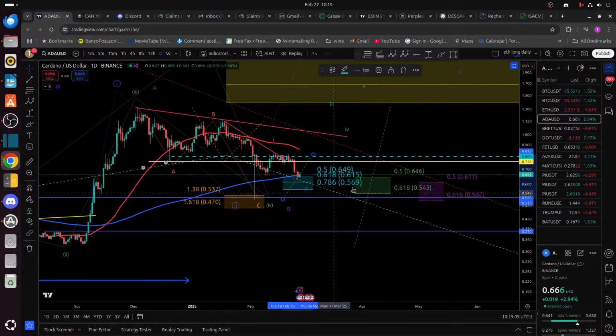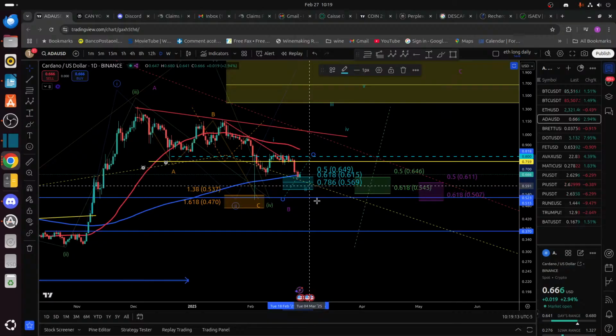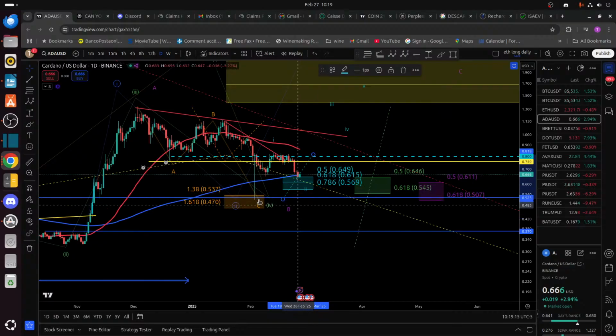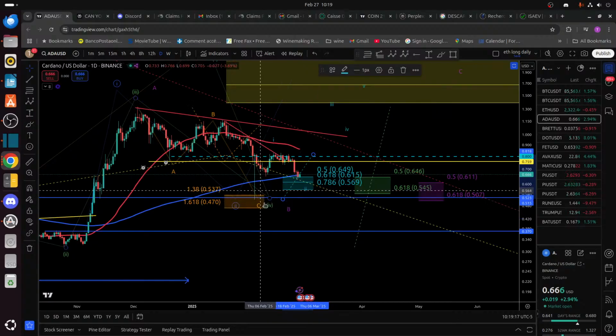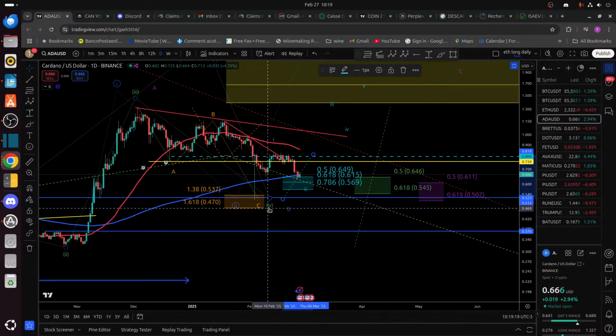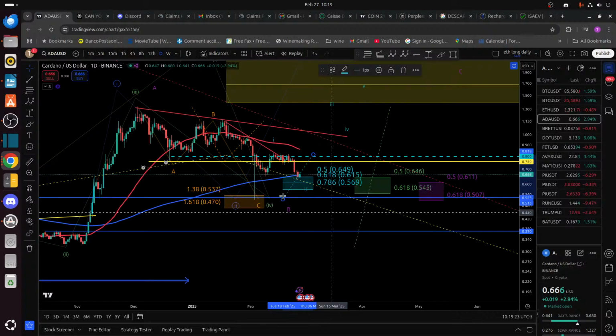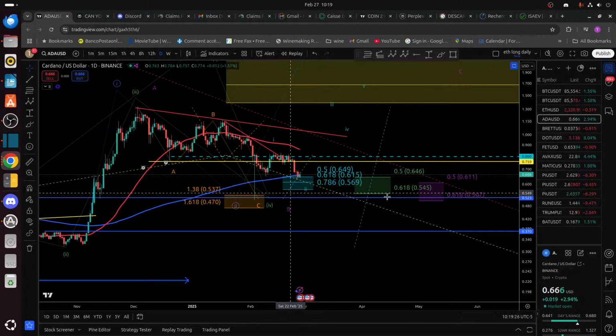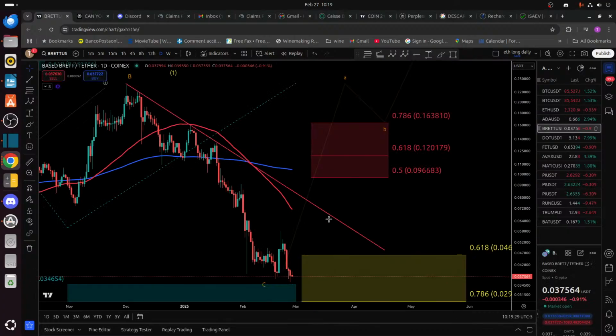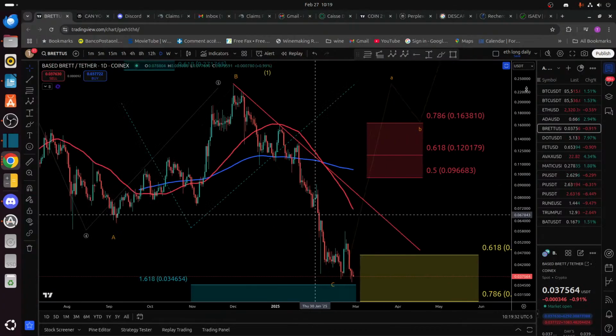So until 56, 57, we're still good to go. Below that, then, more likely we're going to make a deeper wave 2 potentially, or we're still making that fourth wave, micro counting. We shall see. At 57, we're still good to go. Below that, then, more likely we're going to make a deeper